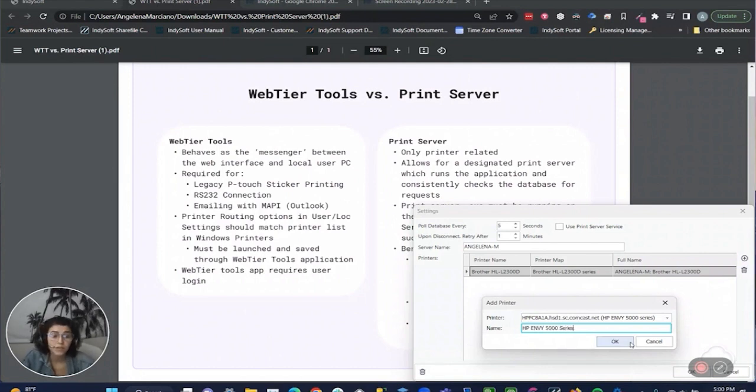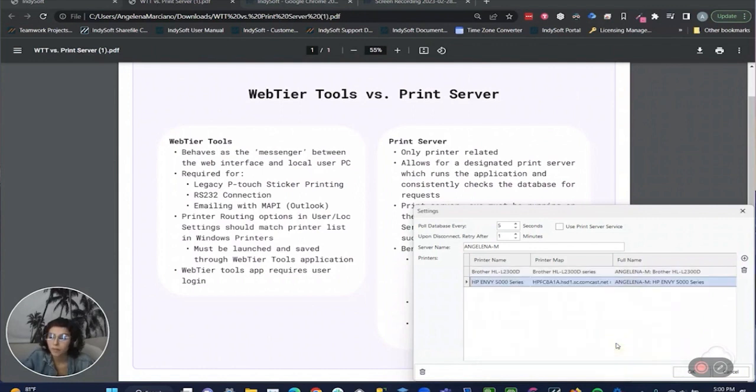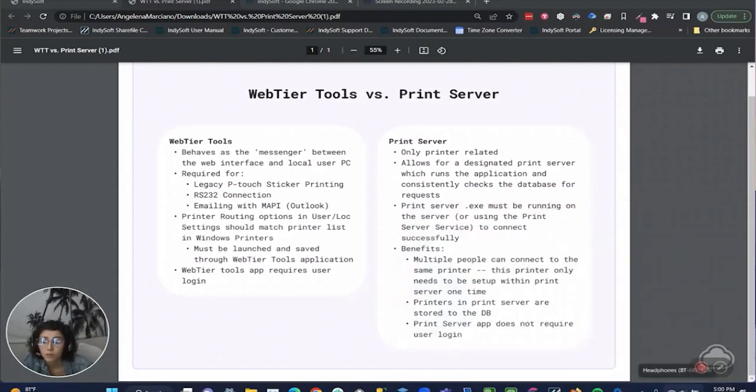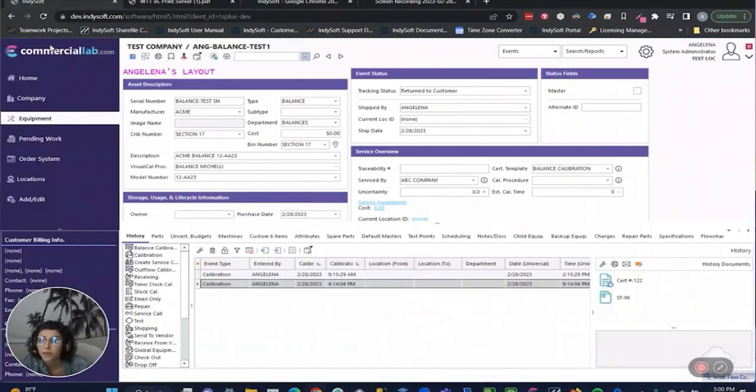And this is going to store this printer mapping to the database as the full name: server name, printer name. You can manually adjust your server name, but if you don't, it's going to just pull in whatever the name of your PC is. So if you have that all set up, then it should store back to the database so that when you're in the client